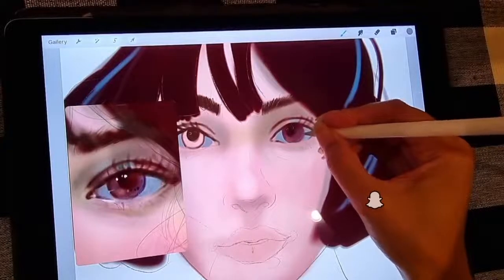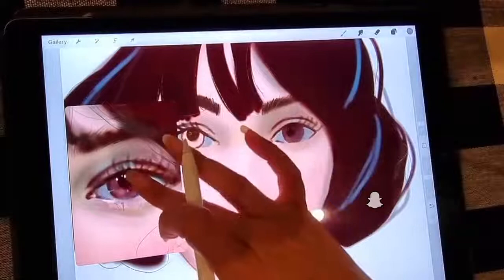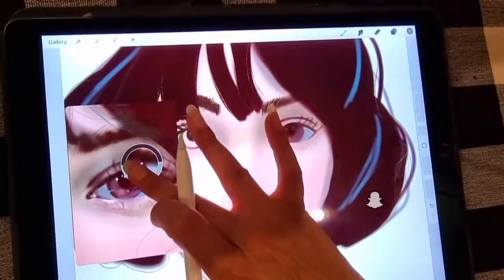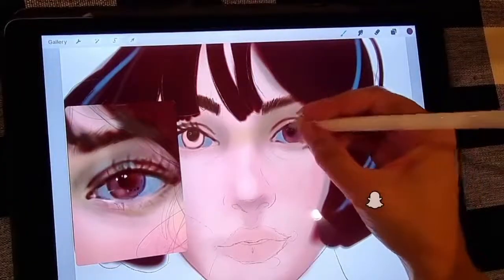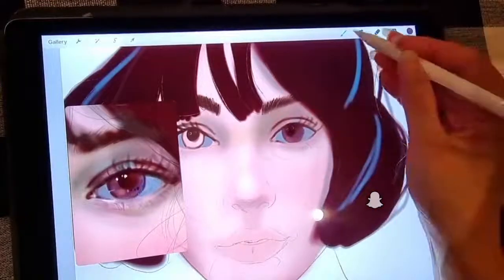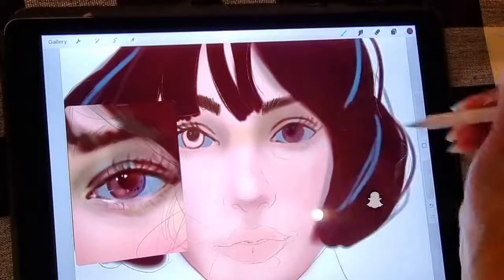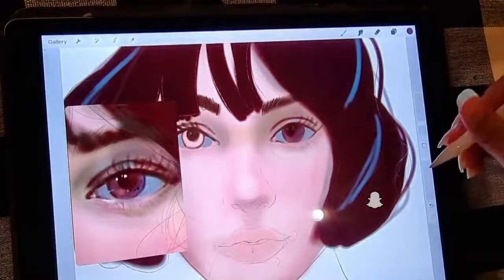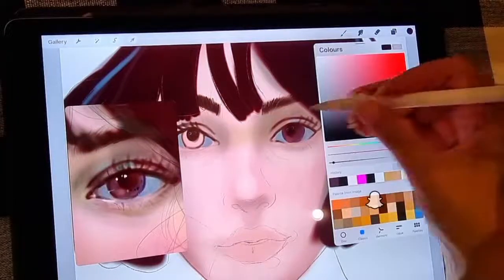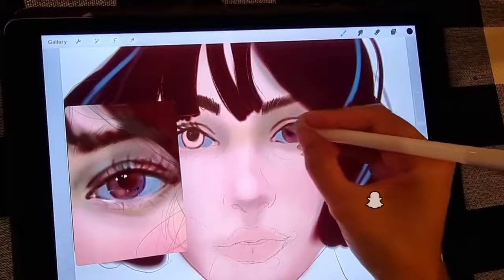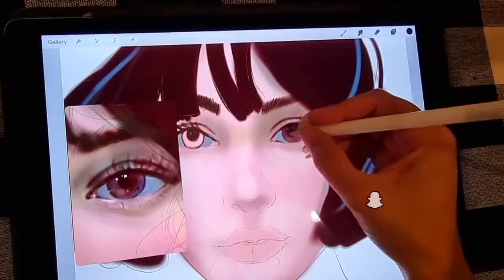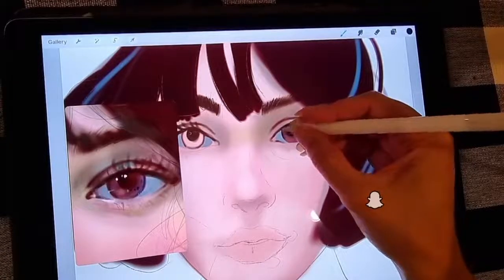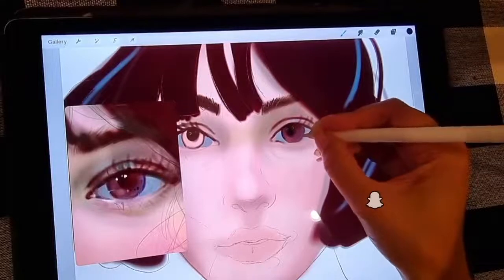So even you can use so much more layers than I'm using. Like I'm explaining how I did this drawing, but the last ones I'm even using more layers. What I did is that I do the inside of the eye in another layer, totally separated, and then I can change the color of the eyes and I can have so much more control. So I'm taking a so much darker color and I'm doing this part so much darker, and I'm going to be just doing this eye